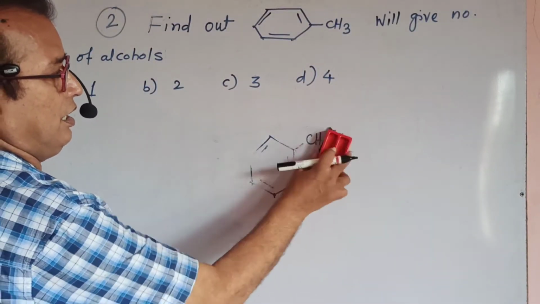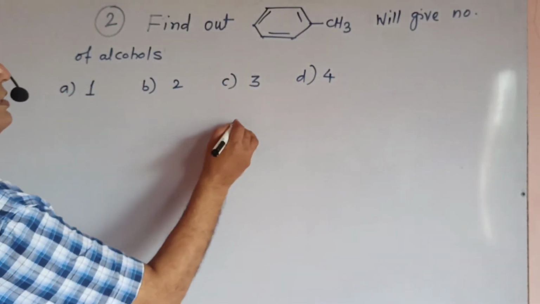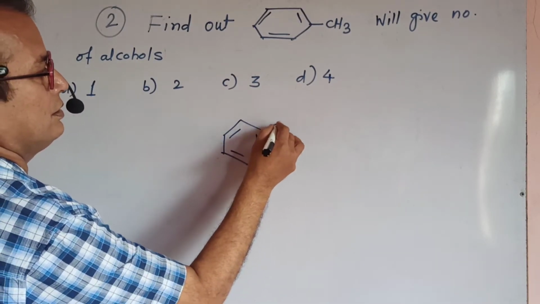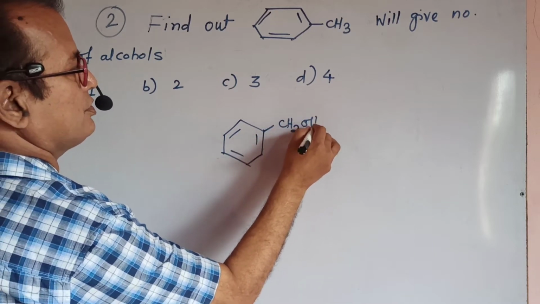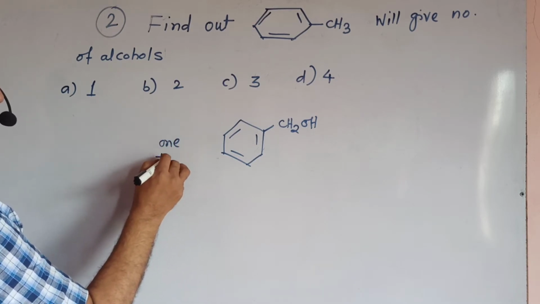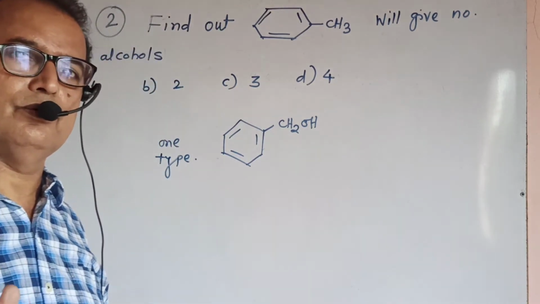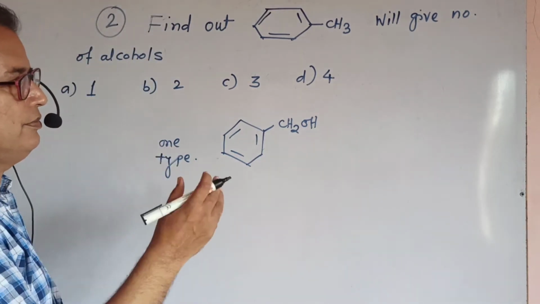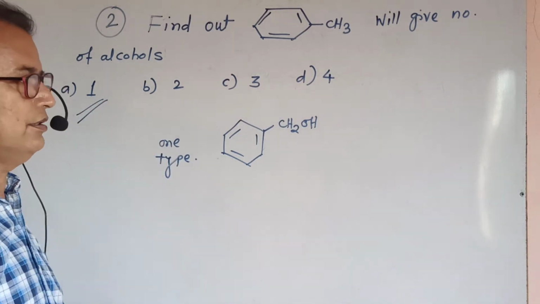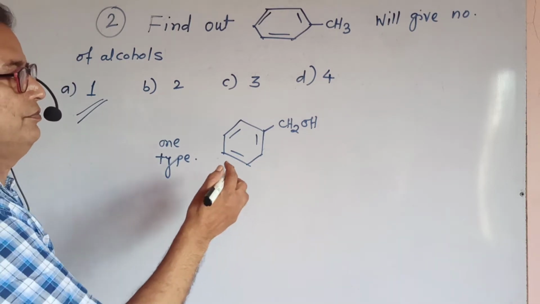How are alcohols formed? The alcohol which is formed is CH2OH. Only an H of CH3 is replaced by an OH group. Only one type of alcohol is formed. Another type of alcohol is not there. So one type of alcohol is important. Our answer is 1. It is very simple, but in practice or in tension,